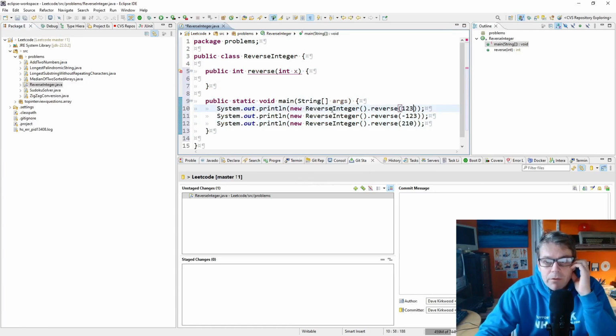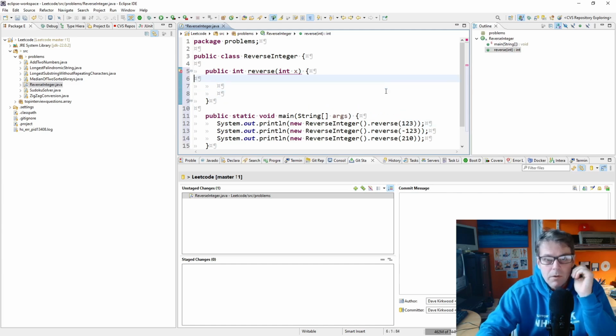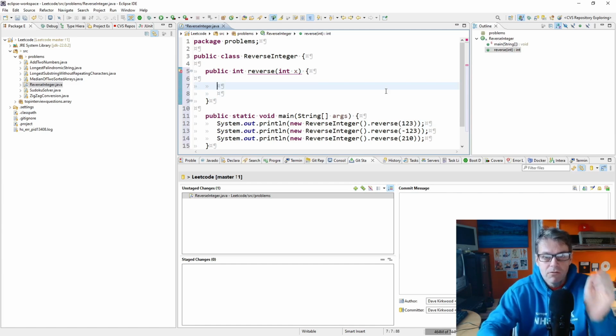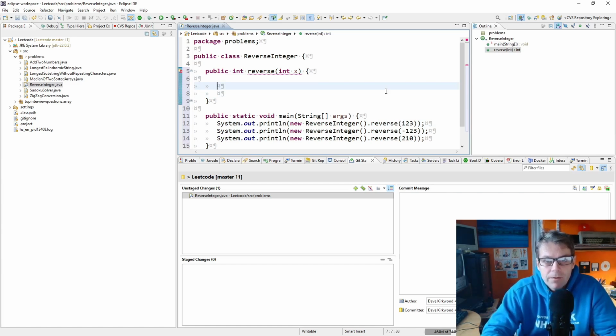Okay, so I'll put in the 3 examples that we were given. So what I'm going to do is make a new integer result. I'm not going to worry about overflowing for now. I'm just going to do the basic job, and then I'll worry about overflowing at the end. So I'm going to say int result equals 0,